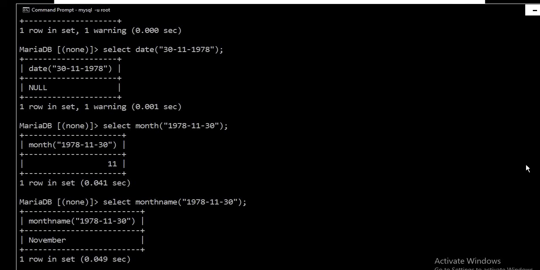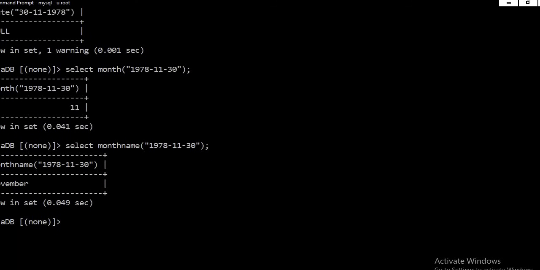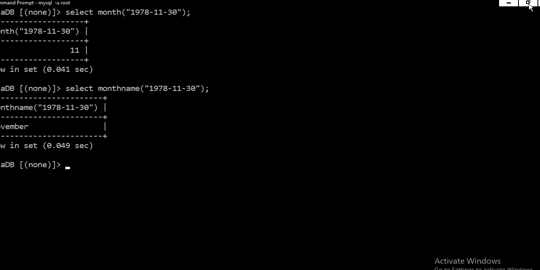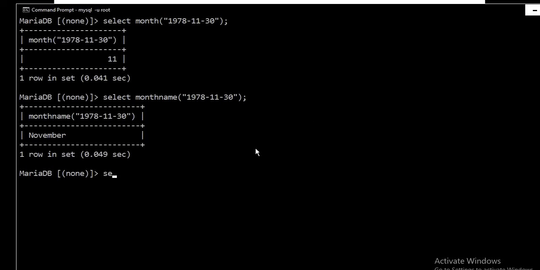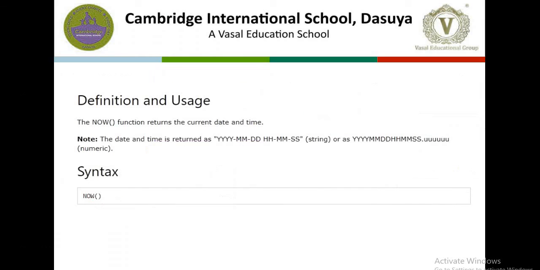So you see here, now you can see here, select now. What it will give you is the current date: this is the year, this is the month, the third value is the day, and then we have the current time mentioned here, clear students? So this is the very first function that we have covered, the now function, which gives us